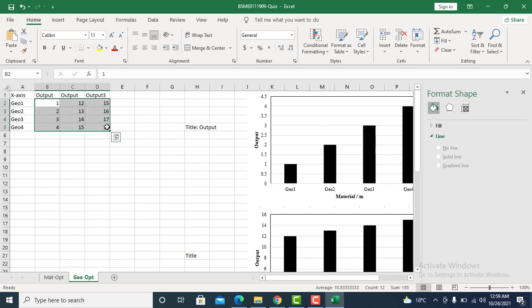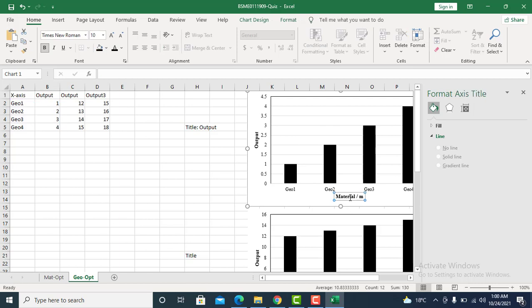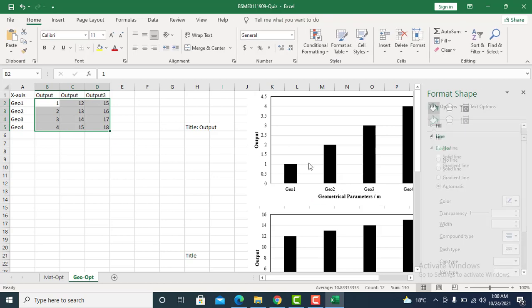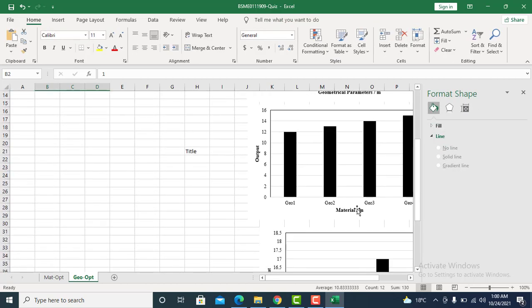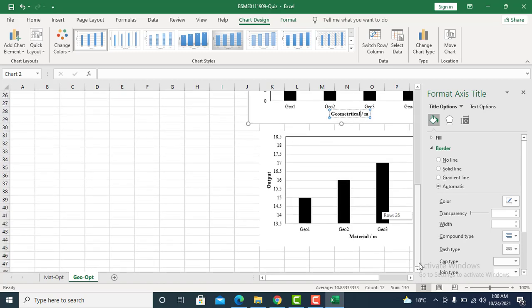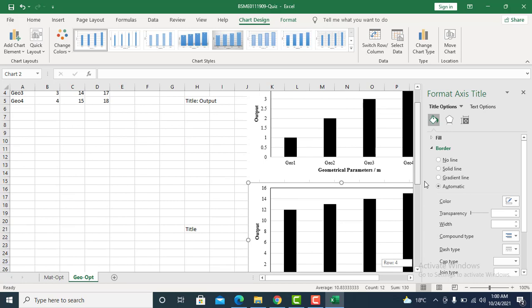You don't have to do anything else, just change the labels. The output function will remain the same, only the values will change. Similarly, change the x-axis label of the other graphs and again the 3rd graph. In this way you will easily create the graphs for the required outputs.